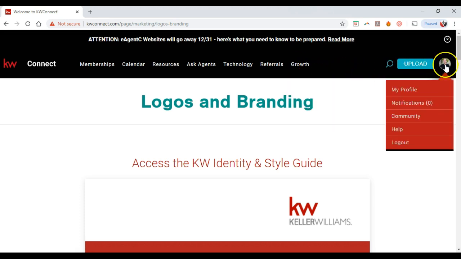Now the next thing that I really want to pay attention to is up at the top right up here. All right, so this is going to be where we can actually sign in. So if you are not signed in quite yet, go ahead and hover over the person icon that might pop up. All right, and then click on the login option. All right, if you are signed in though, it should pop up with something like this where you can actually view your profile, you can view notifications, obviously view the community, help, or even log out. All right, so in this case, I'm going to click on the My Profile option